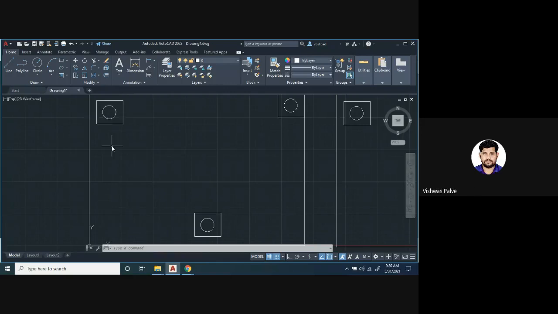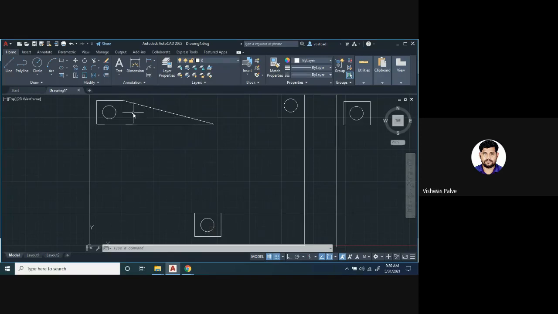Okay, so let us move to the next command, that is stretch. So what does this stretch command do? If I select the stretch option, it says select the object. So I want to select this rectangle and then press enter. It says select the base point. I will pick this as a base point. Then it will stretch the length, or it can stretch the edge. If I want to stretch the edge of a rectangle, you can do that.